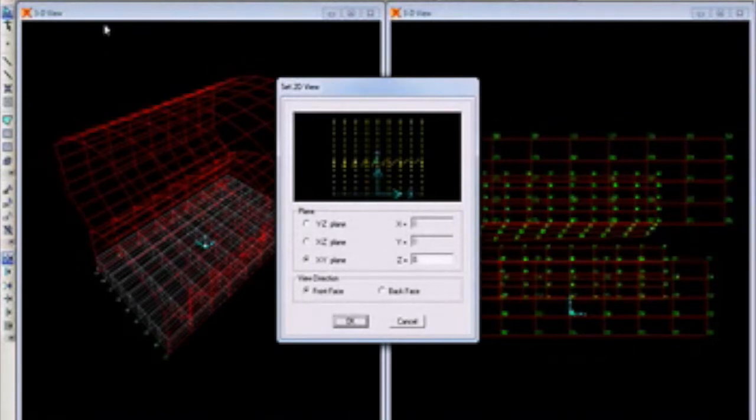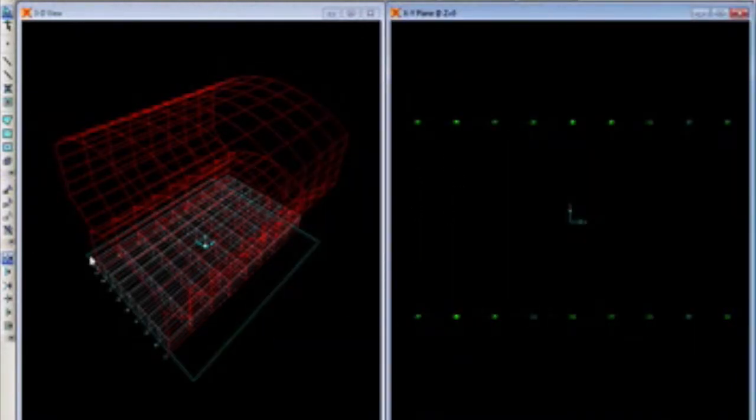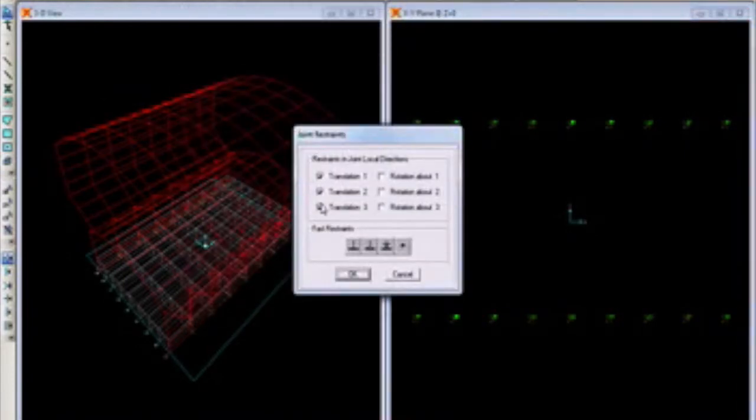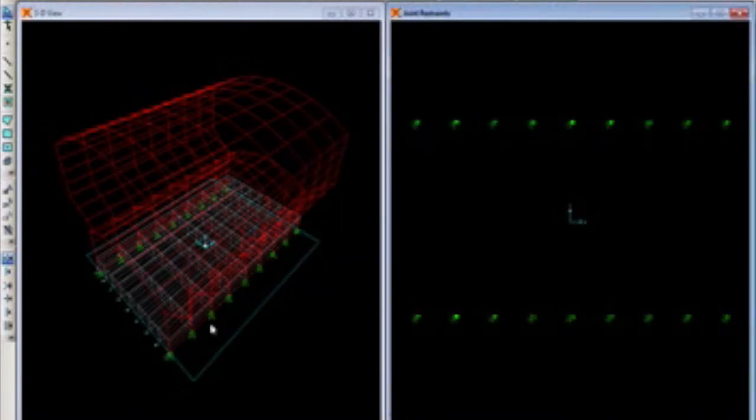Here you go to set 2D view, XY plane, and at Z you just type 0 and say okay. And now the bottom restraints have been shown here, and you can just select all the members. You can go for assign joint restraints, and see that all the translations 1, 2, 3 are fixed, and just say okay. And now the restraints have been assigned to the member.